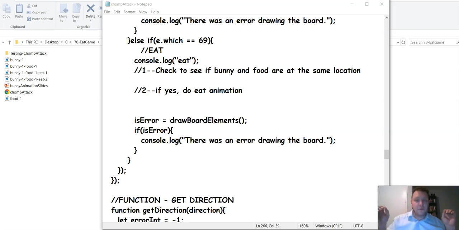So if the bunny and the food are on the same square, then we can do the eat animation. Otherwise, we will not. So let's get the location of the bunny. So let bunny location ID equal